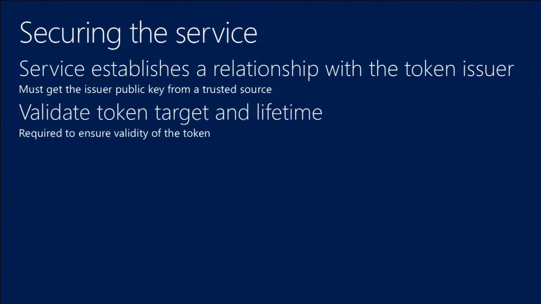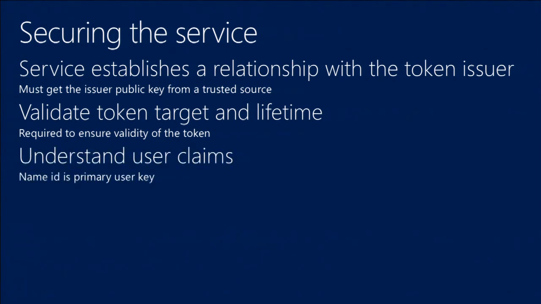And then once it gets the token, it has some basic validation it needs to do, including making sure that the token's really targeted for it. That prevents some replay attacks, where you could have a valid issuing authority send a token off to service 1, and then service 1 turns around and calls back to service 2. So you really need to make sure that the audience inside that token is intended for your service. And you also want to make sure that the lifetime, there's timestamps in it, is a valid token. And then once the service has validated that all the information is correctly signed,